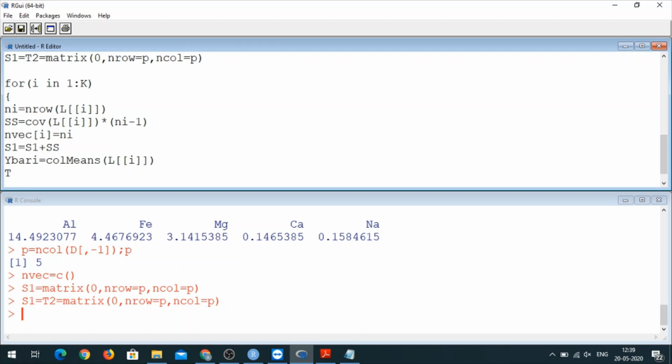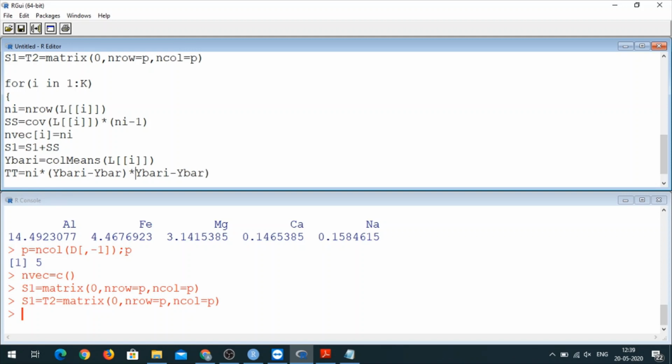For my T2 I need some term, so let me call it TT, the term to be added in T2. So it is Ni into y bar I minus y bar into y bar I minus y bar prime.